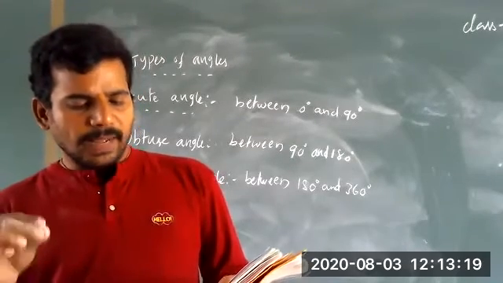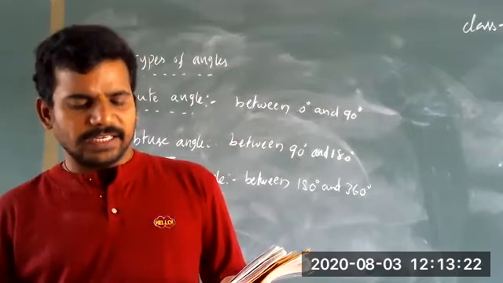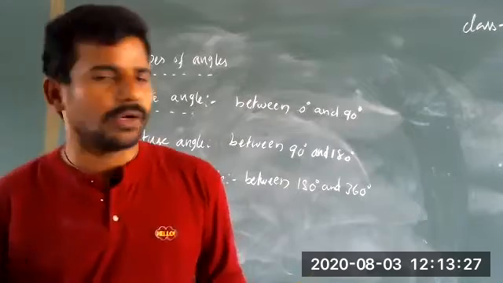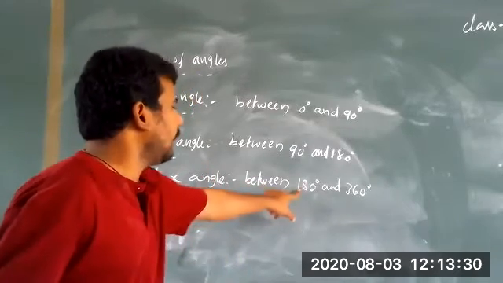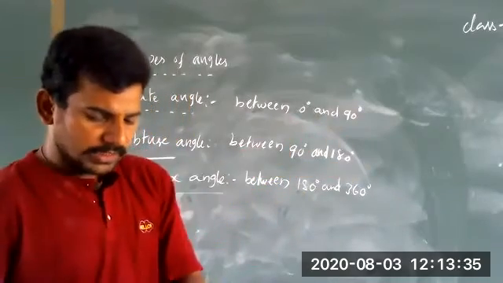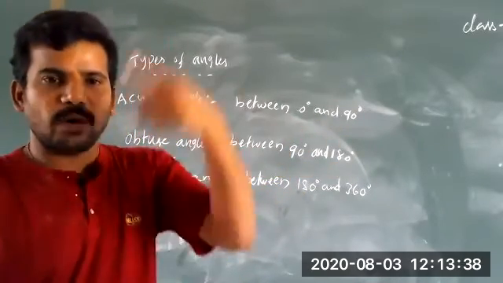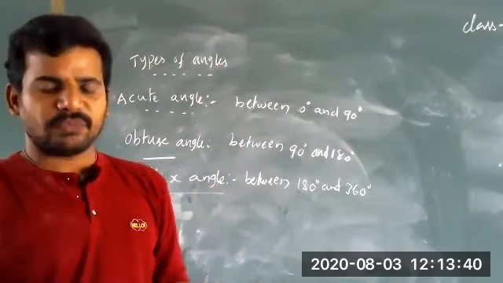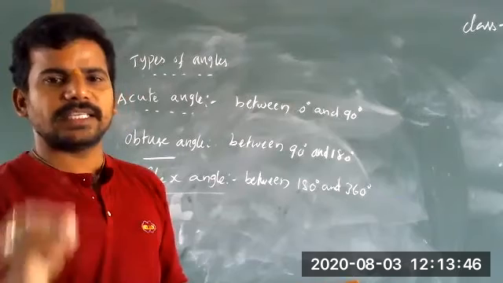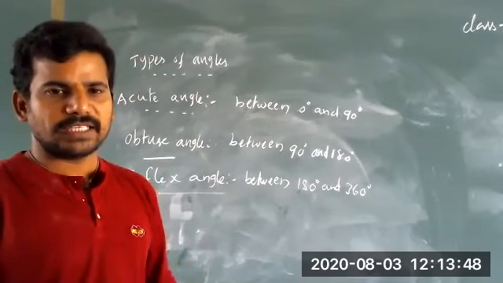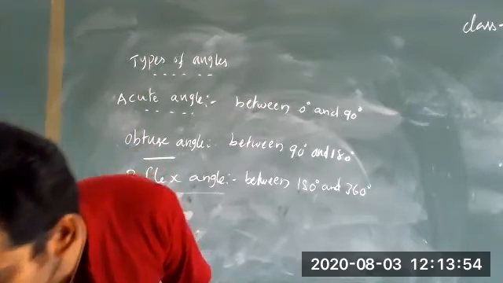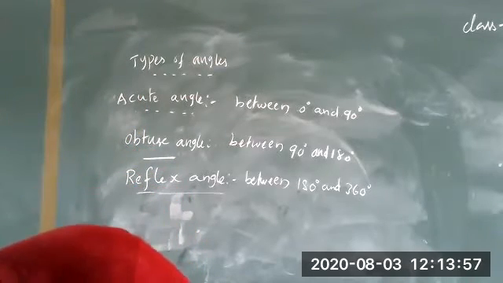Fourth one: an angle measuring greater than 180 degrees is a reflex angle. Yes, it is true, more than 180 degrees. What about reflex angle, children? Between 180 degrees and 360. Above means greater, so greater than 180 is a reflex angle. So this statement is true. Fifth one: a complete angle measures 360 degrees. A complete angle measures what, children? 360 degrees. So it's true. Next, second problem. I will explain this problem on the board.